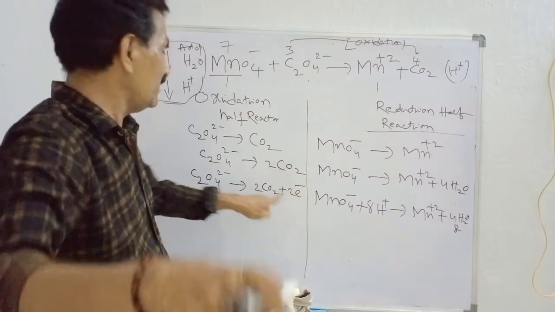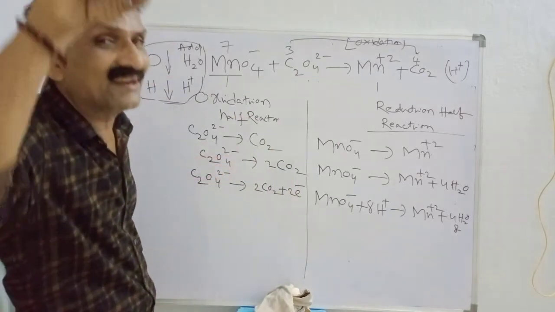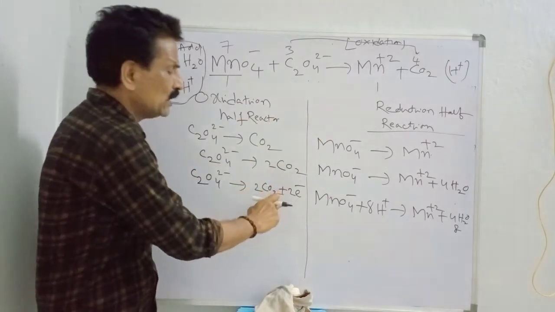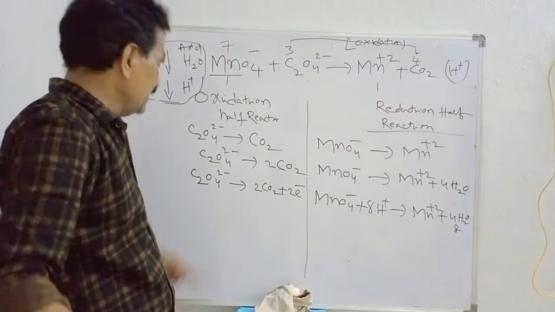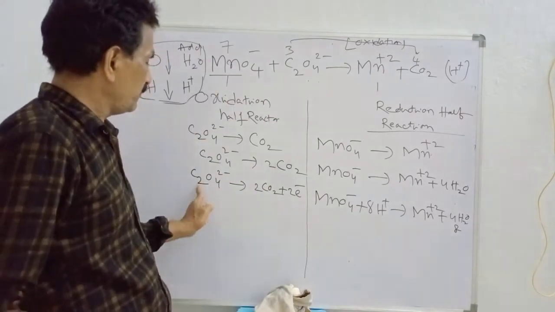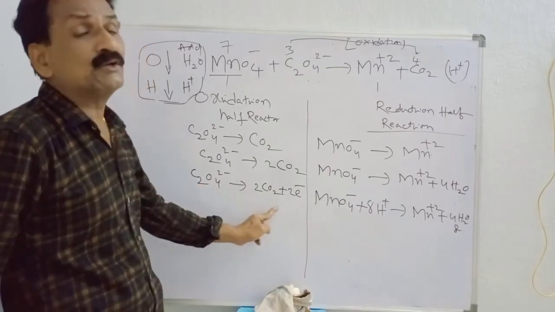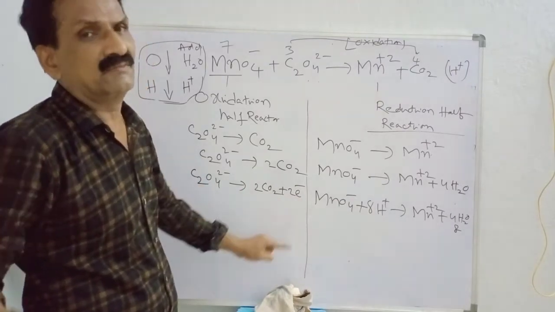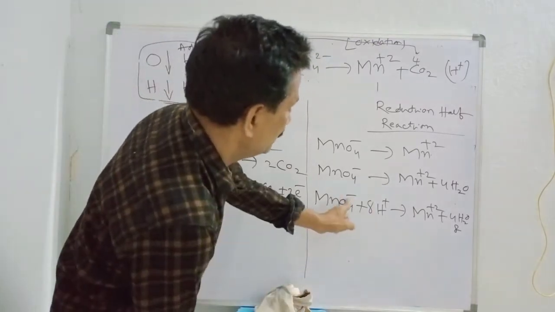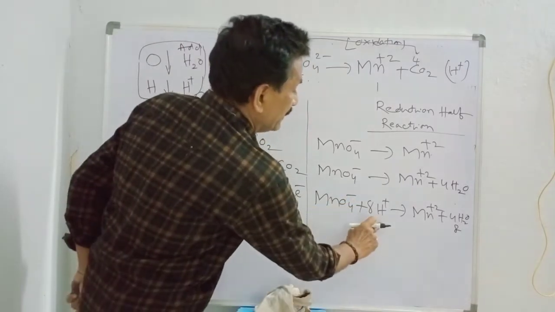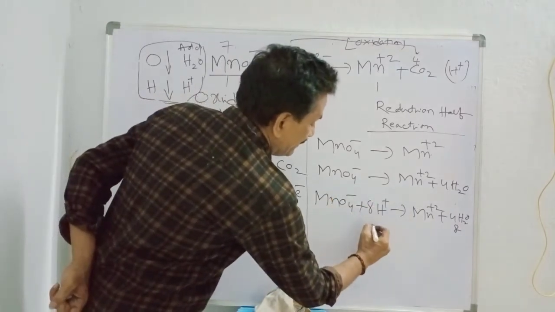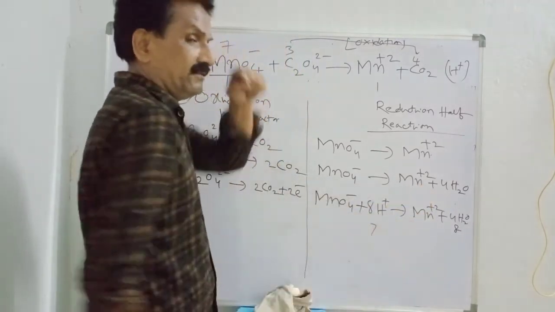What trick have I mentioned? Where negative charges are less, 2 minus, there is no negative charge, for which I simply added 2 electrons. That is one trick. In an oxidation reaction, generally electrons are lost or released. So this oxalate ion is converted to carbon dioxide and releases 2 electrons. That also we can compensate. Here MnO4 minus, 8 plus, 1 minus, cancel, 7. Here plus 2.